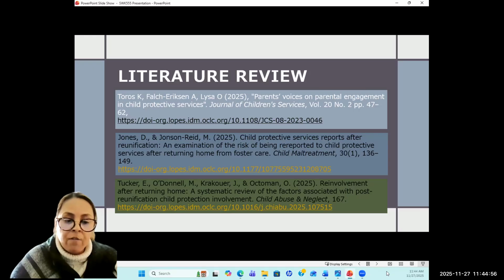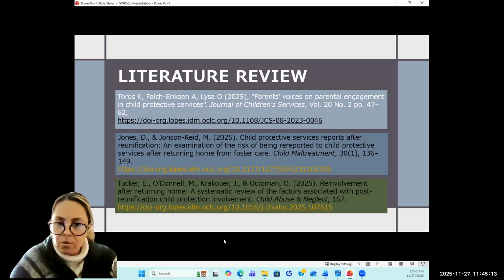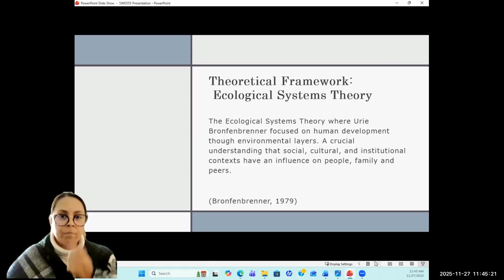Five studies found that African American children were more likely to reenter. American, Hispanic, and Asian children are most likely to remain reunified. So those were the three that I thought were interesting and applied to the research.